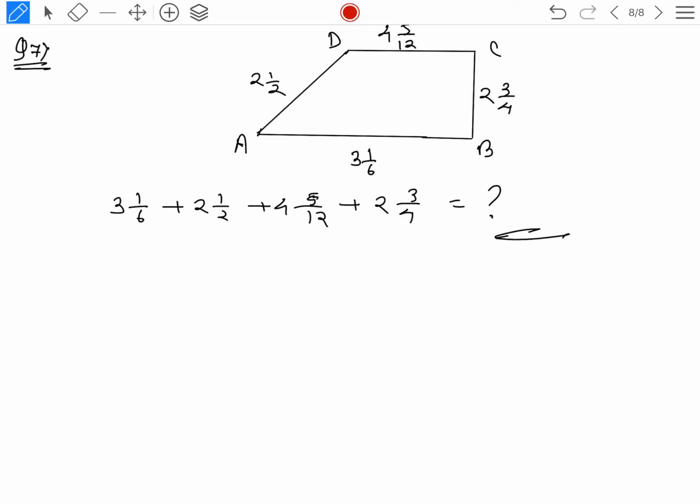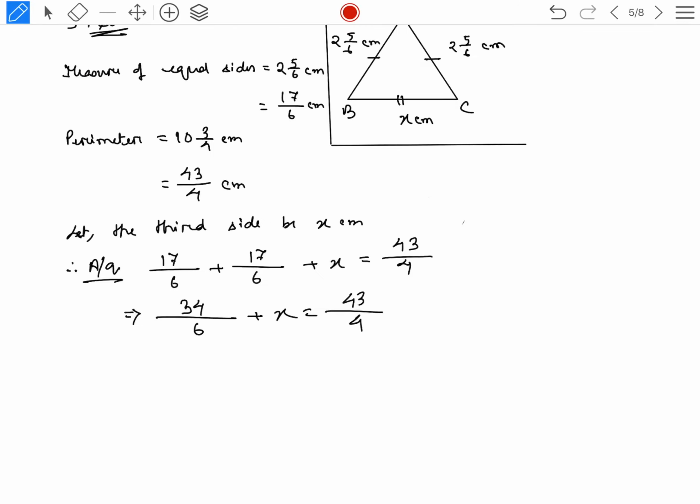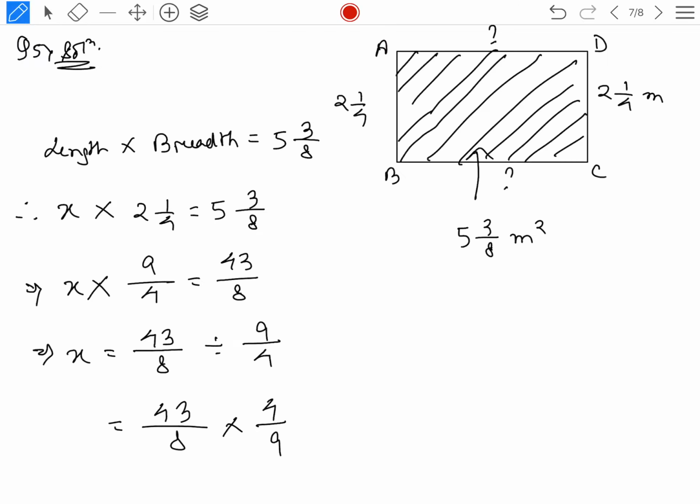Question number 8, 9, 10 you will solve by yourself. Same questions, you just need to understand the questions. So read the questions properly until you understand. You will solve them by yourself and submit them to my mail. These word problems are for you. I have solved 6 to 7 questions. So there are 3 questions you will do, and you need to complete them. You need to learn how to write the statements properly, as I have written in this first statement. You can see here how I have written the statements. In that way you need to write the statements properly. Understood?